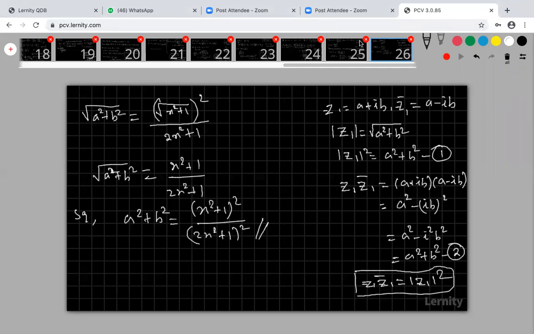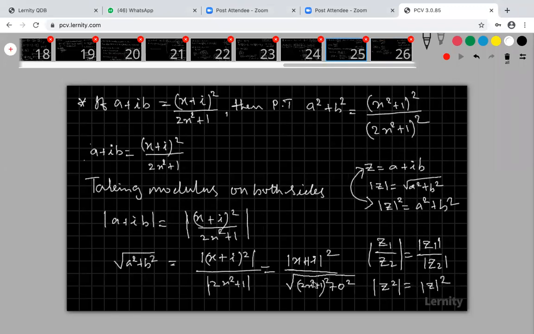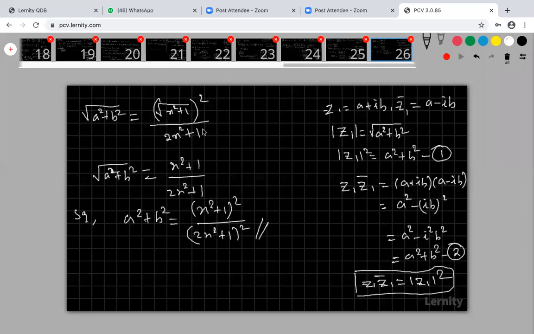This result is true for any complex number. Which one are you not understanding? Denominator. Look at that here. I think you are asking this one. Taking modulus: the entire thing is real part only. There is no i term. If i is coming, that is the imaginary part. This is entirely the real part. Real part the whole square plus imaginary part the whole square. My imaginary part is 0, therefore I am getting only real part square. Root of real part square means square and root get cancelled. I am getting again only this 2x square plus 1 alone.